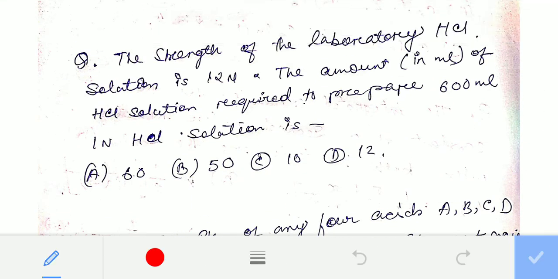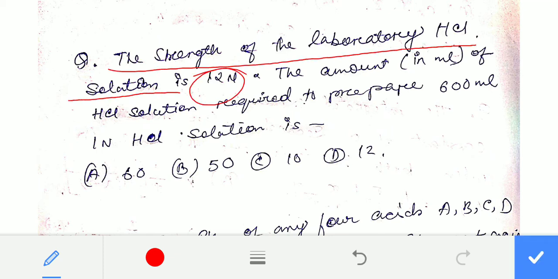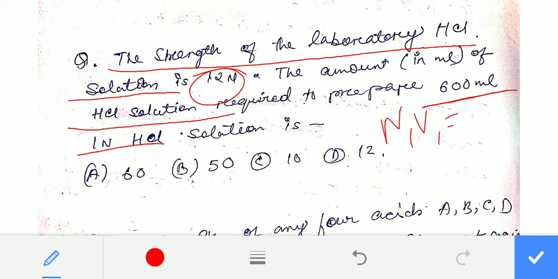In this question, the strength of the laboratory HCl solution is 12 N, and the question asks for the amount in ml of the HCl solution required to prepare 600 ml of 1 normality HCl. Now, the relation here is N1V1 = N2V2. N1 is 12, V1 is what we need to calculate, N2 is 1 normality, and V2